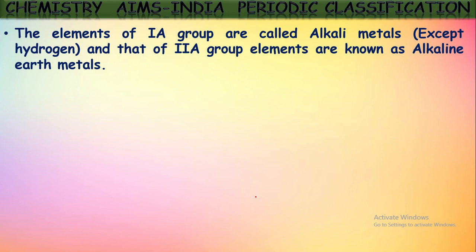We said the bases which are soluble into water. So these metals will form bases which are soluble into water. So these metals are said to be alkali metals. And the second A group elements are called alkaline earth metals because these second A group elements are also forming alkalis and these are mostly available from the earth crust. Because of these two reasons, they are called alkaline earth metals.